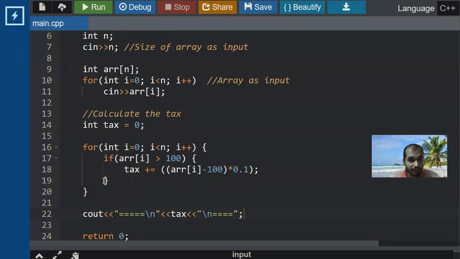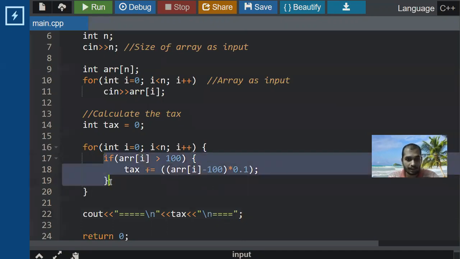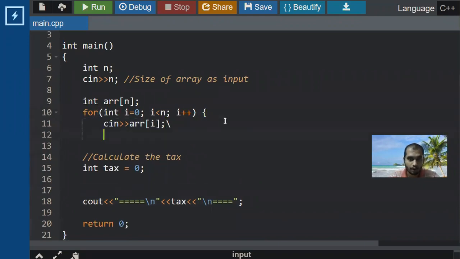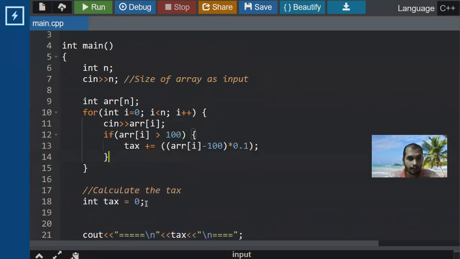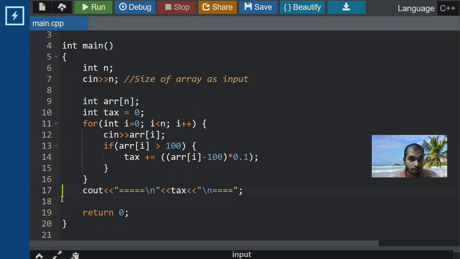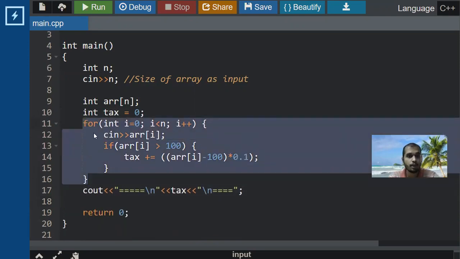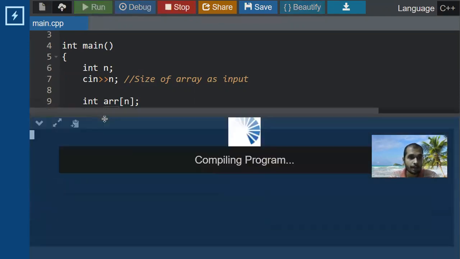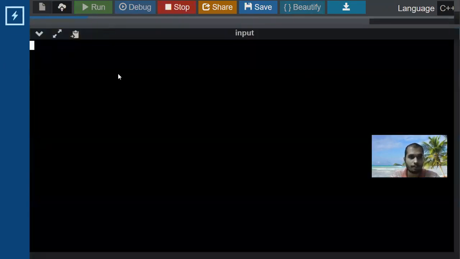So you can actually simplify this much more. You can reduce the number of lines of code. So what I'm going to do is I'm just going to cut this, okay, and I'm going to delete this for loop. And here I'm just going to delete this comment. So I will open the for loop here, okay. After reading each number, I'm going to take that here only, and I'm going to put the tax calculating variable here. That will reduce the number of lines of code much more. So while taking the input itself, you're going to calculate the tax and store it in the tax variable. Even this is going to yield you the same output, okay, with a much lesser number of lines of code.